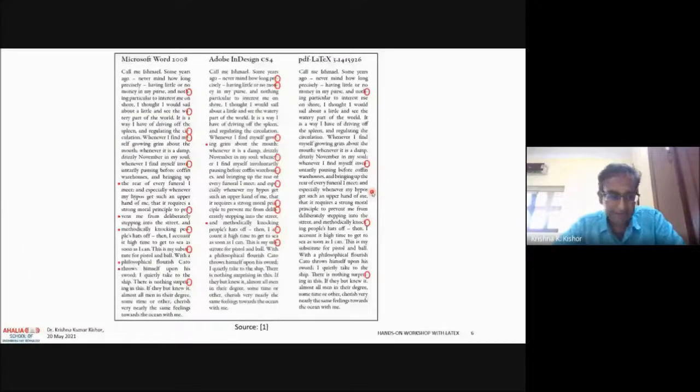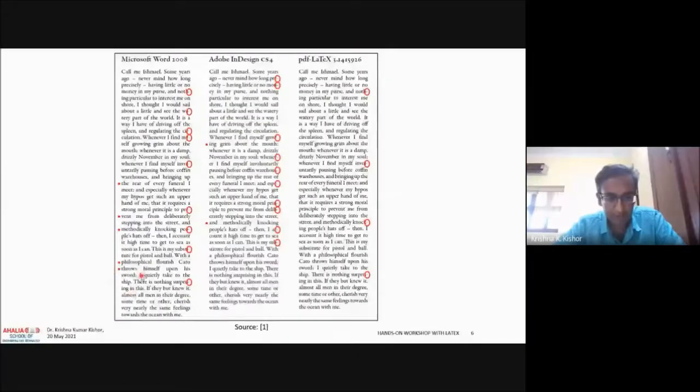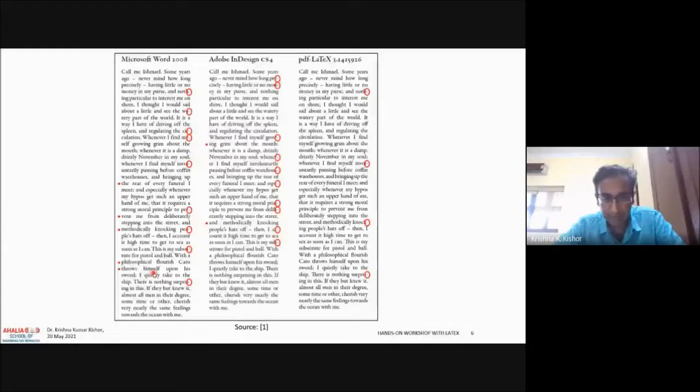The other one is these dots that I have shown. So for example, in Word, you see this huge spacing between throws himself upon his, right? Look at the spacing between throws and himself. Whereas that's not true in, let's say, throws himself upon his sword. So the words are arranged in a bit smarter way. Another example is over here, the rear of every funeral, where the words are arranged in a better way, right? So this is what I mean by typographical quality.